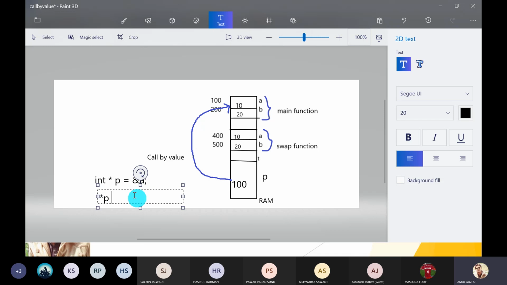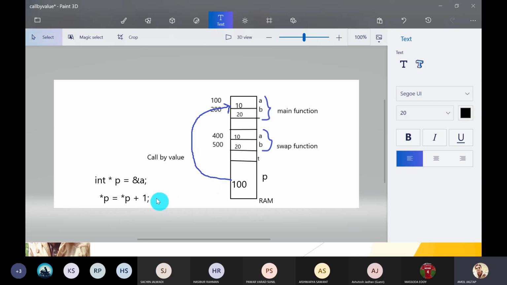Pointer P is equal to pointer P plus 1. So what is the meaning of this? Pointer P means the value at that address location. So what is the value at that address location? 10 plus 1, plus 1 means 11.